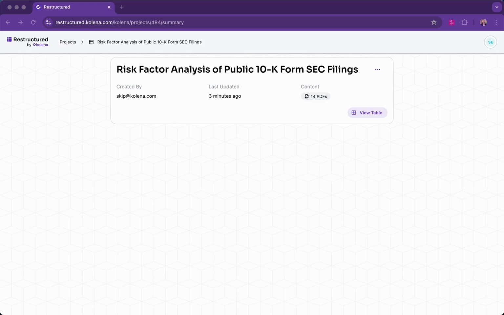This is Skip from Kalena, and I'm going to demonstrate for you just one of the many ways Restructured makes financial document analysis fast, accurate, and intuitive. You'll see that in just a few short minutes. I'll transform some loose documents, in this case 10K annual finance disclosures from Fortune 500 companies, into a structured table